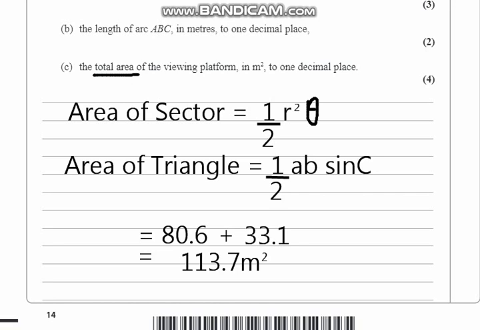113.7 meters squared. Don't forget the units, always write the units in the end. They have also given the question here in meters squared, so just write it down or you lose 1 mark for it. Basically 1 or half doesn't matter, because we have completed 3, 2 and 4, those are done. So that's 6 and 9 marks. We have completed 9 marks, and that's how you solve this